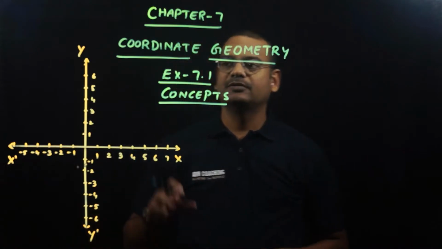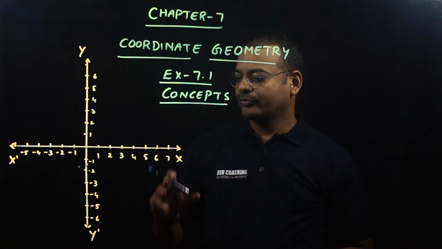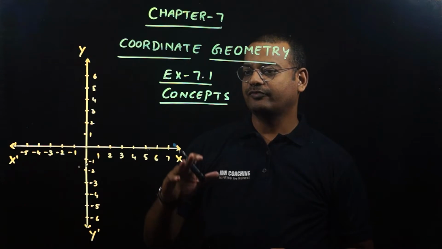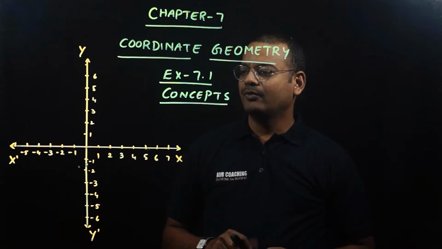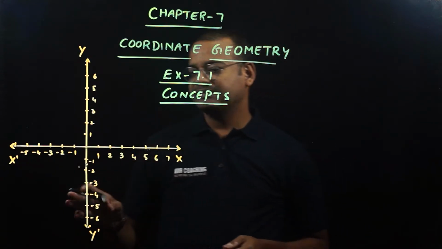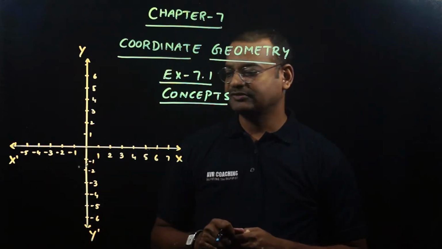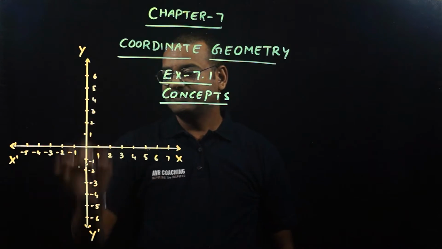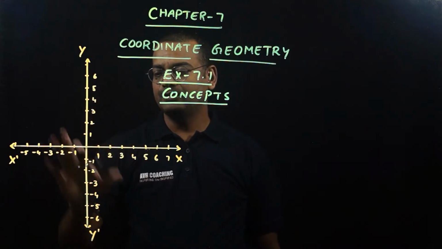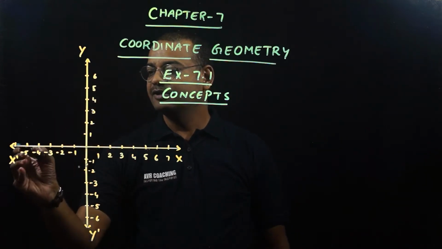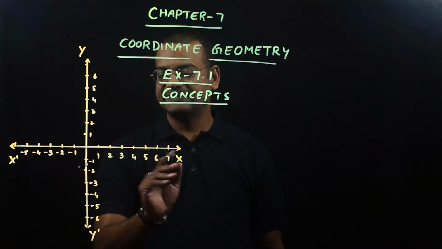This chapter 7 is coordinate geometry. So today we'll start the concepts of exercise 7.1, where we'll study the x-axis, y-axis and distance between any two given points. Now this is the graph which is divided into 4 quadrants, and the horizontal line is called x-axis,